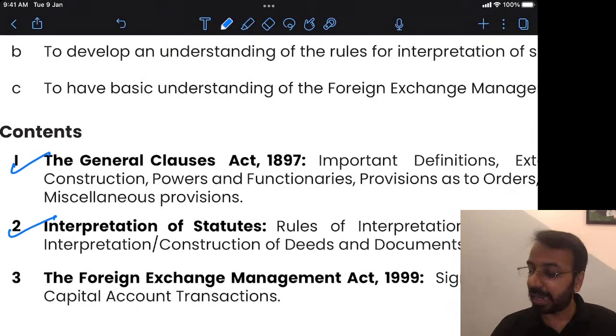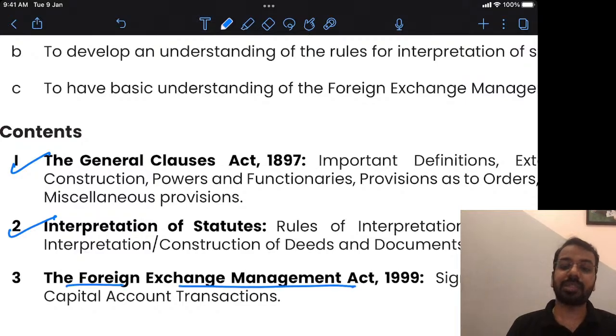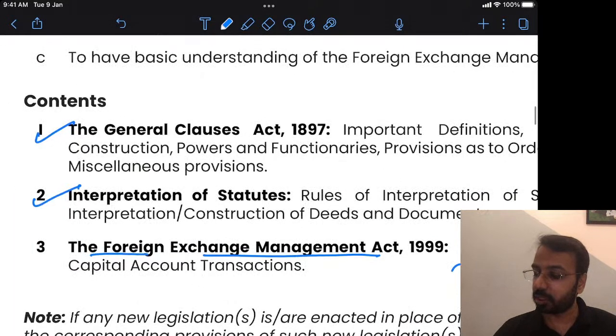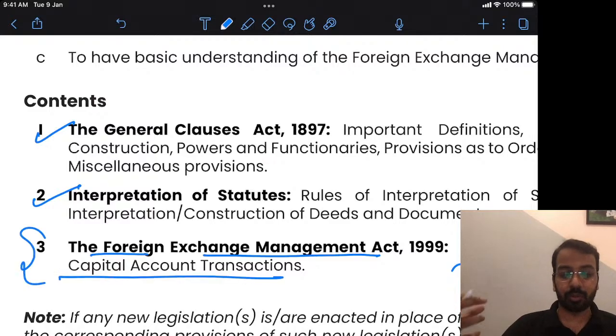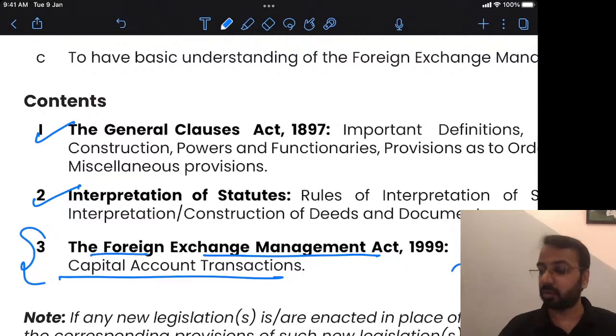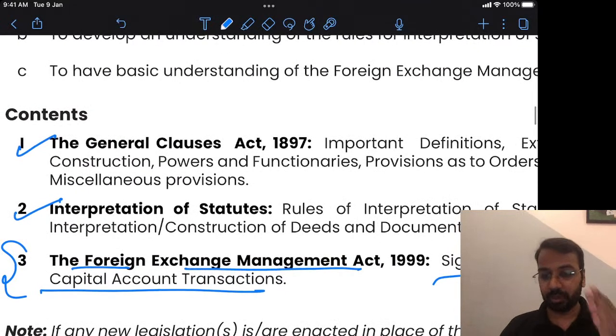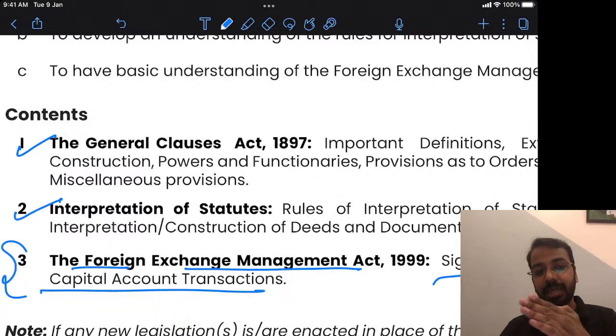Foreign Exchange Management Act has been added. This is from CA final. Okay. From CA final, they have added it to CA intermediate. So what are their significant definitions and capital account transactions? We need to see what the detailed syllabus announcement is, and based on that, we'll be able to decide on what is there. So your Contract Act, whatever was there in CA other laws, that has been moved out. Negotiable instruments have gone to group 1 foundation.